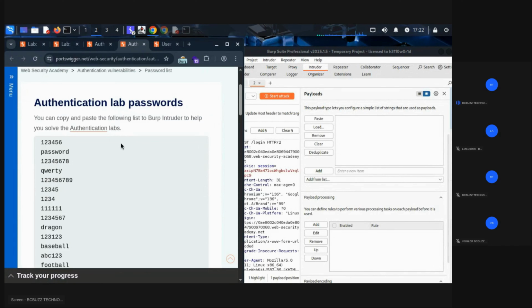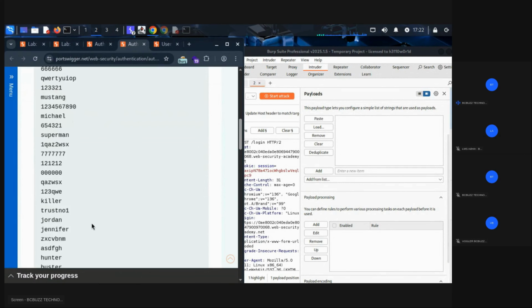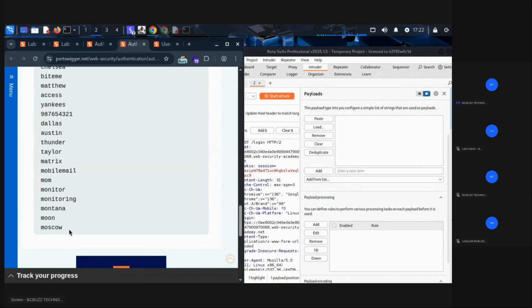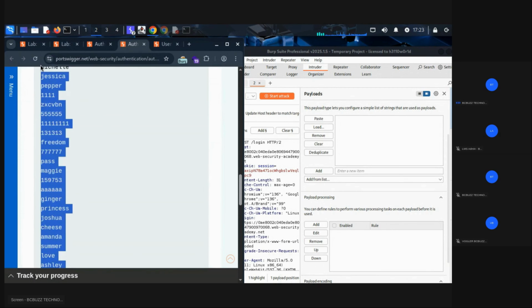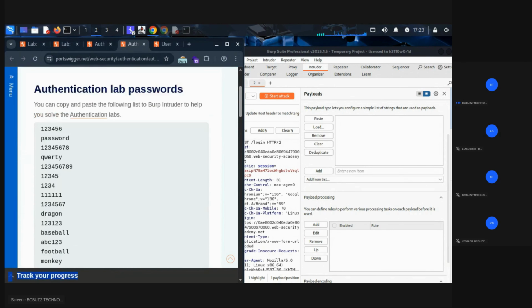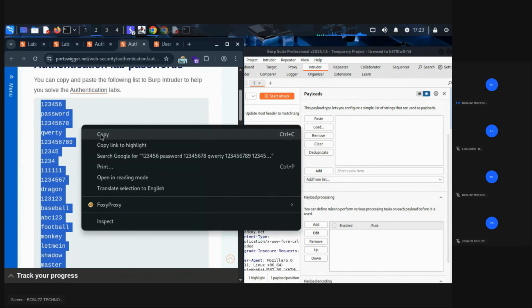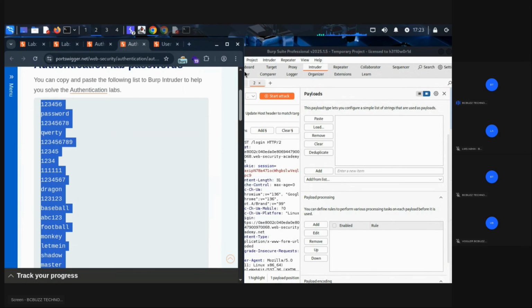Here they already gave some password combinations. Here we need to copy these passwords from here. Once we copy these passwords,